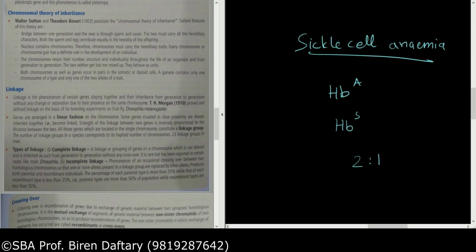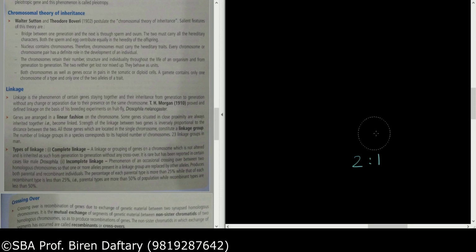Now the next part is the chromosomal theory of inheritance given by Sutton and Boveri. Again, this has been taught. The highlights of the theory are, Sutton and Boveri made a few claims. For example, first of all, each cell has a nucleus, and inside the nucleus are present chromosomes. Now they said that the cells are of two types. There are diploid cells and there are haploid cells.